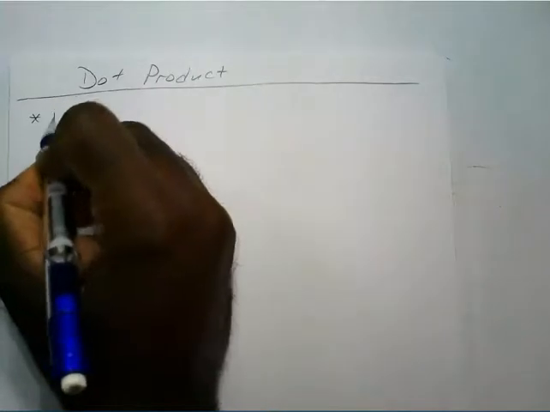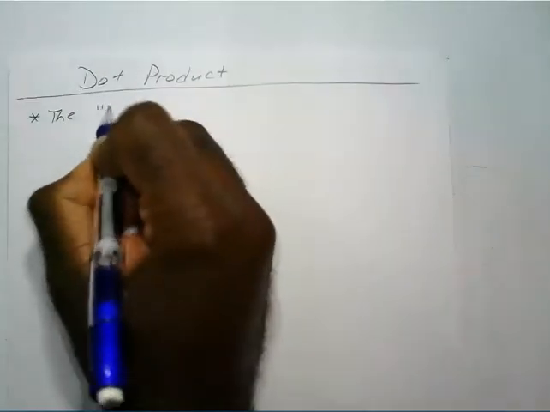Hello everyone. In this video we will be looking at the definition of what is called the dot product of vectors. Alright, so to give a quick definition, the dot product